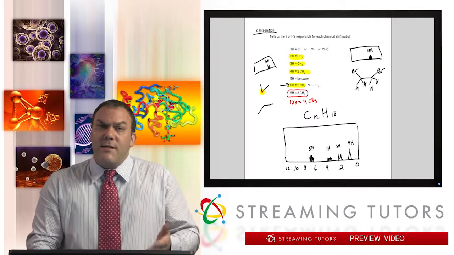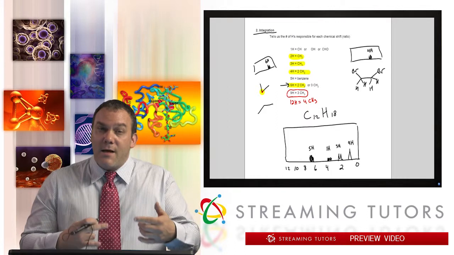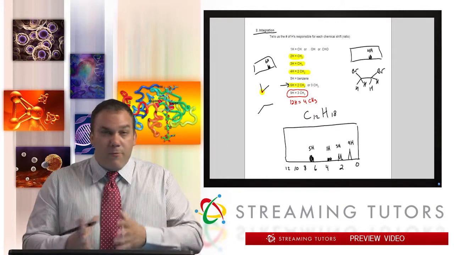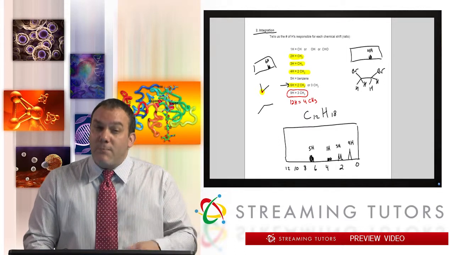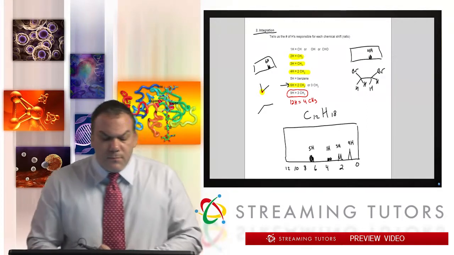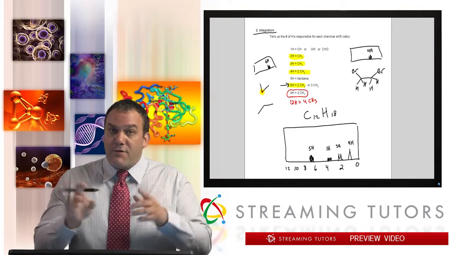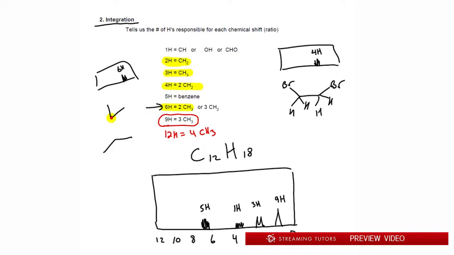Now you might say, well, why isn't it 6 CH2s? You'd have to have a pretty big molecule to get 6 exact same CH2s. It would be a very large molecule, so it's very unlikely. If you have 12 H's, it's probably more likely 4 CH3s. That makes more sense. So in that case, maybe you have branching methyls on both ends, and that's where the symmetry lies. But you get the point. So integration tells us the number of H's responsible for each chemical shift. Yep, that's right. So it tells us the number of H's for each